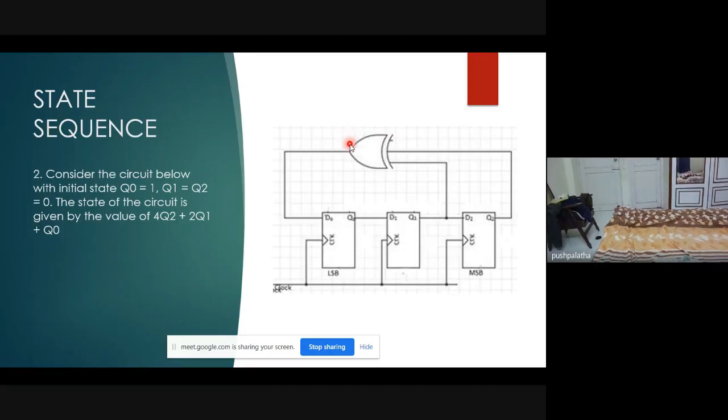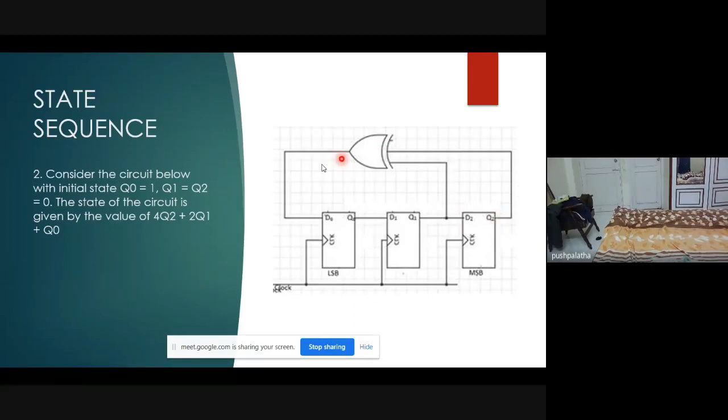Why is it that in all state sequences, and in most cases when generating any clock signal or state sequence, we are using the XOR gate? Because the XOR gate will produce a clock signal very easily, right? So that clock signal can be easily generated using the XOR gate. That is why the most widely used gate in all state sequences and counters is actually the XOR gate, right? Okay, now so here Q1 is given and Q2 is given to the XOR gate.